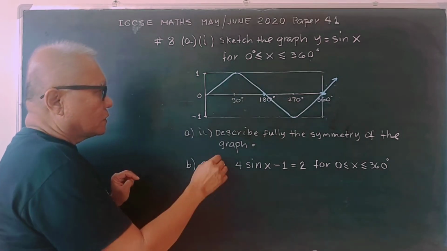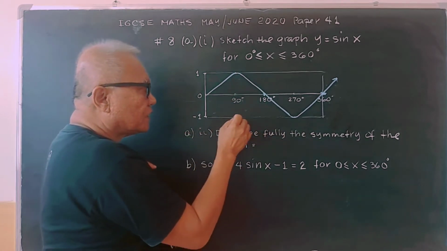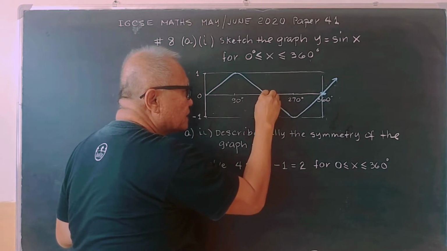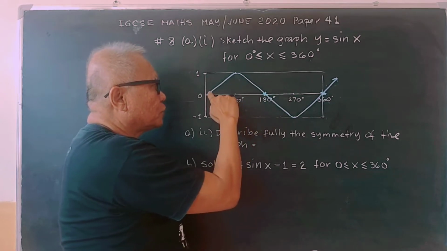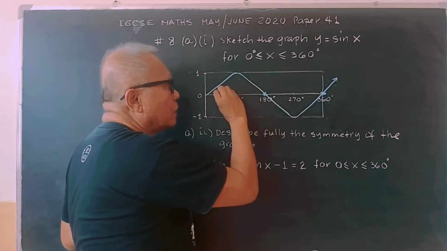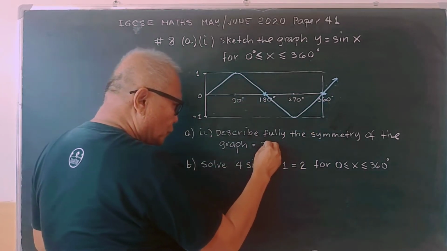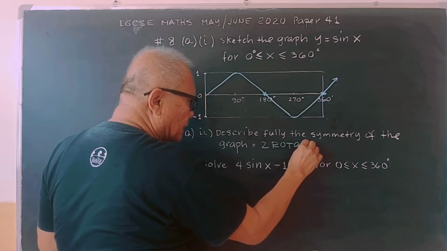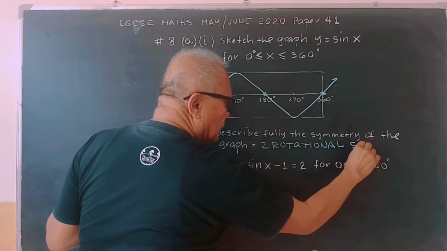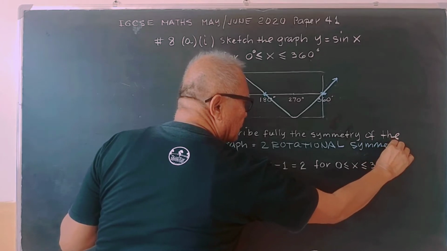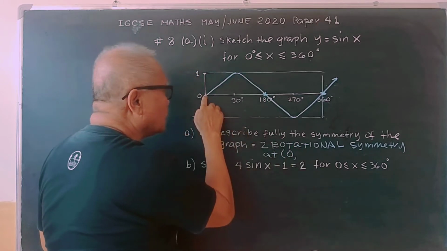Okay. So how can we describe the symmetry of this graph? Now, the symmetry of this graph is symmetrical at the center 180 degrees, and there will be two symmetry, 1 and 2. So for II, we have two rotational symmetry. Rotational symmetry at point 0 here and